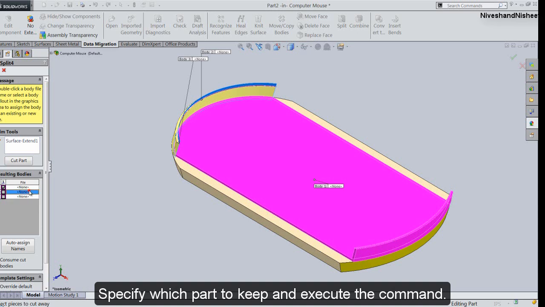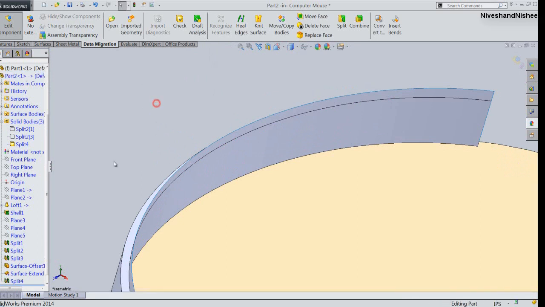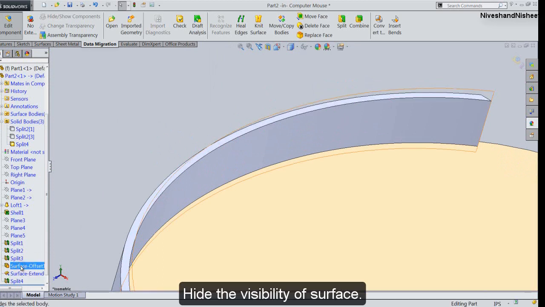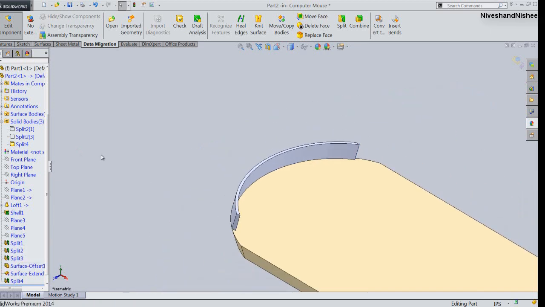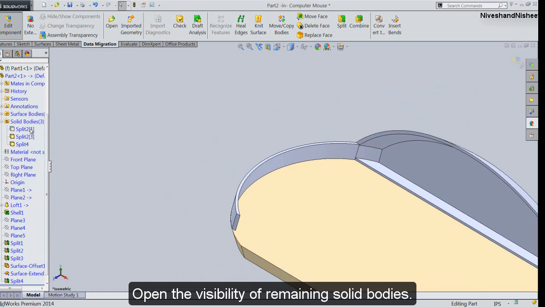Specify which part to keep and execute the command. Hide the visibility of surface. Open the visibility of remaining solid bodies.